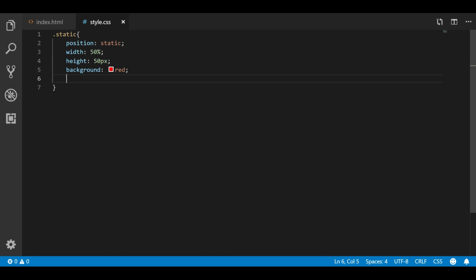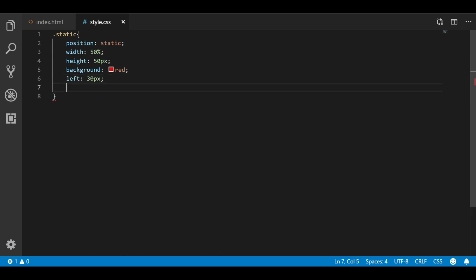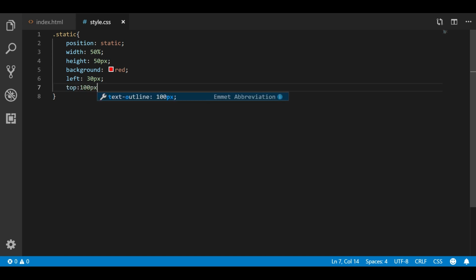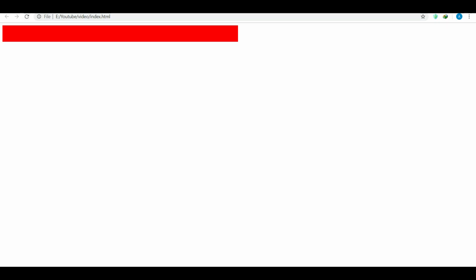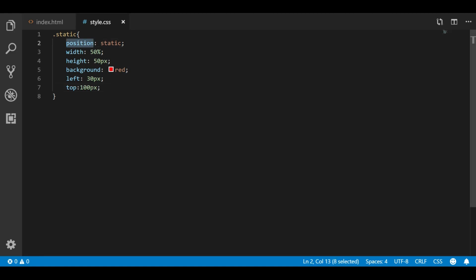So now if I apply left to 30 pixels, top to 100 pixels, the element will not move. This is because we are specifying the position to static. Other than static, in any method, the left, top, right and bottom properties are applicable. So now let's get rid of this,